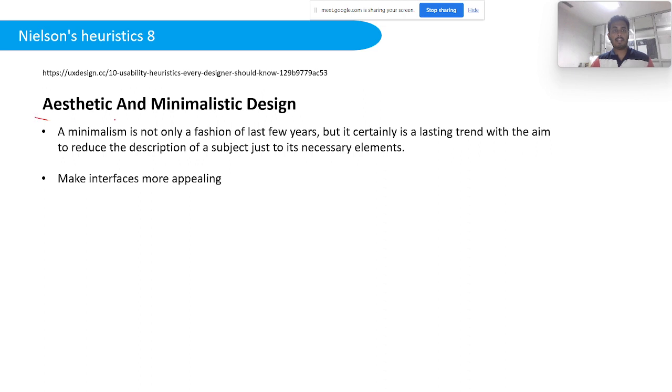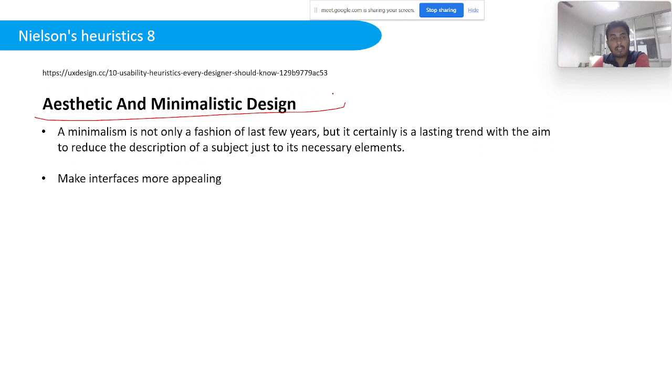Next is aesthetic and minimalistic design. Now this is something which defines the beauty, the quality, or the information legibility of an interface. When we create websites, generally in e-commerce websites we see a lot of information, a lot of advertisement, a lot of data already exists. Okay, so it is really difficult in an e-commerce website to manage information and also make it clean and